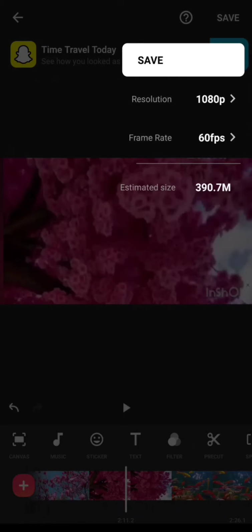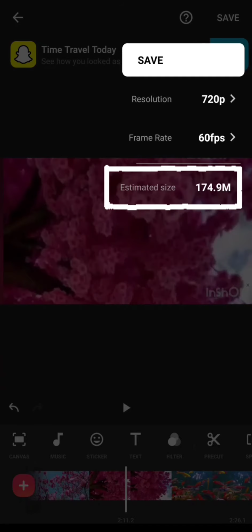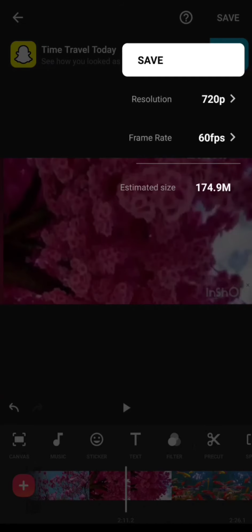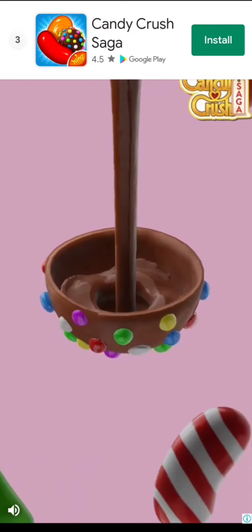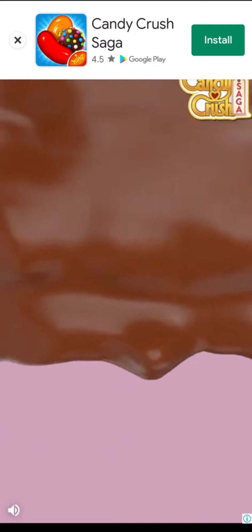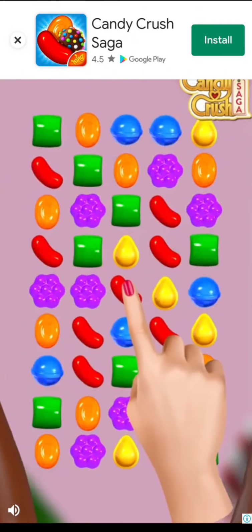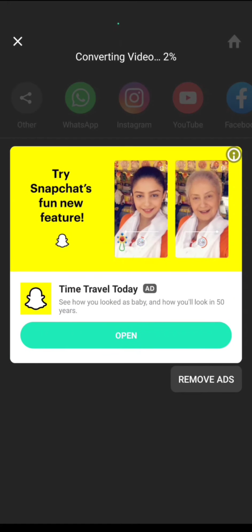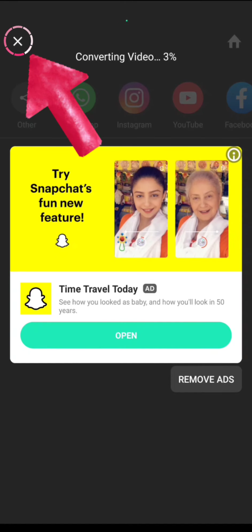So above here we can see the save button. Under the save we are having resolutions provided, so whatever resolution we wish, the estimated size also will be given down there. So whatever resolution we like, we can select that one and then click upon the save button. Then automatically the ad will be coming. While the ad is going on, at that time itself the saving of the video, producing of the video will be going on. So once the ad timing, the seconds are over, just by clicking upon the undo button, we will be coming back to the producing page.